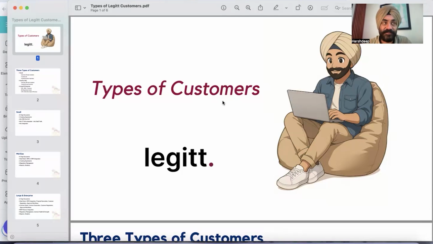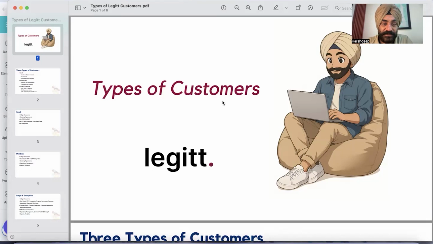We get a lot of questions from our prospective customers, or people who are interested in Legitt AI or the sub products that we have at Legitt AI, on what kind of customers can use Legitt. Because sometimes smaller customers, small teams, maybe a founder-led business or a solopreneur, a single-man show running a business, get slightly scared on hearing the words contract lifecycle management or deal stack or contract stack.